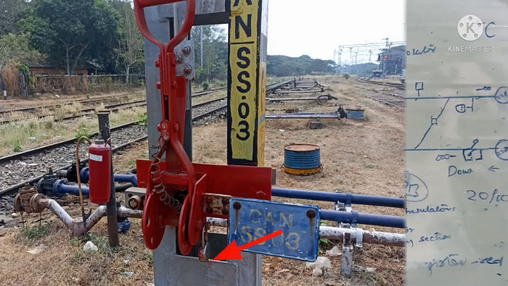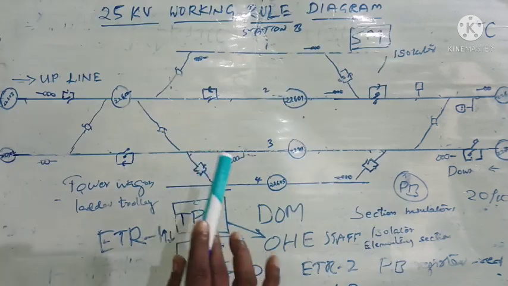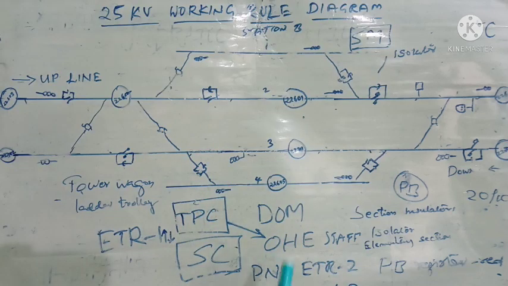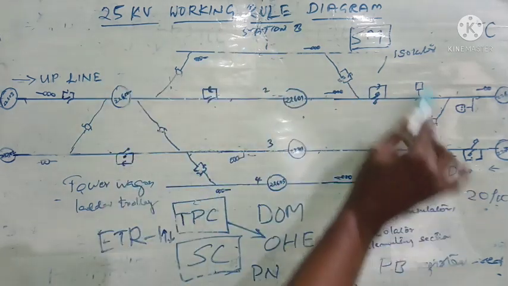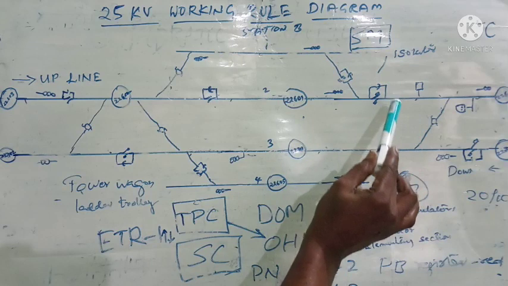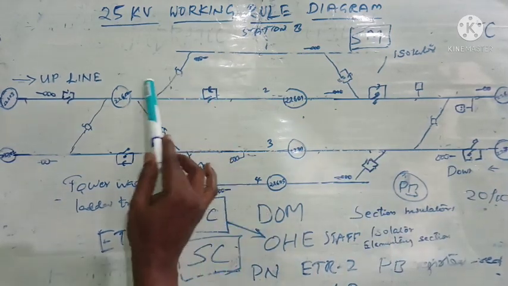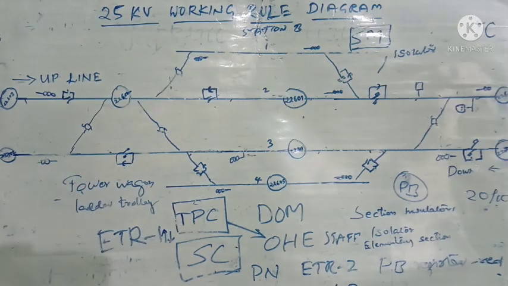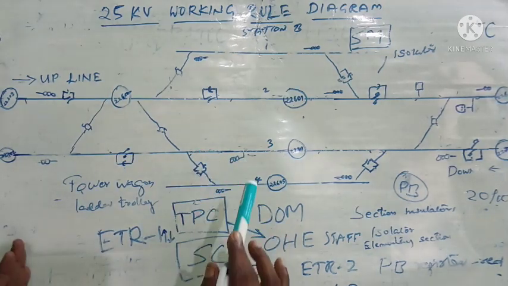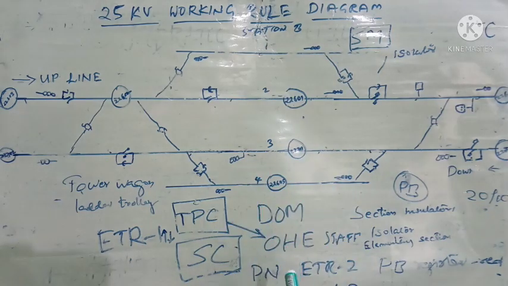Here there is a padlock. The isolator handle will always be kept locked by a padlock, and the original key will be with the OHE staff, and a duplicate key will be with the station master. So now in this yard controlled by this station master, we can see 1, 2, 3, 4, 5, 6, 7 isolators. So there will be 7 isolator keys,